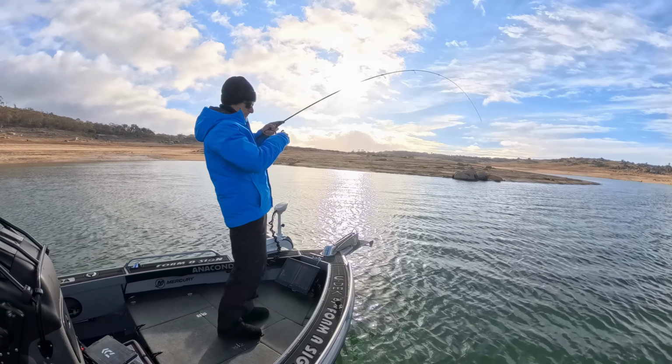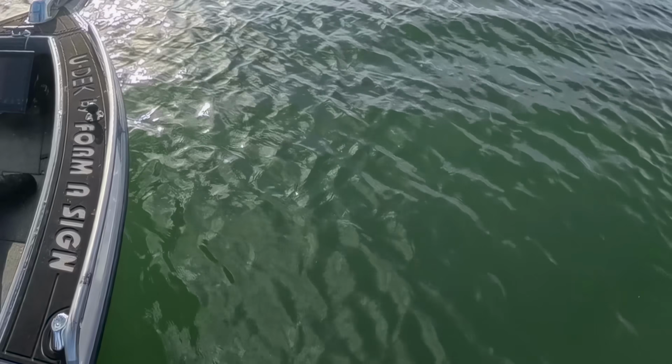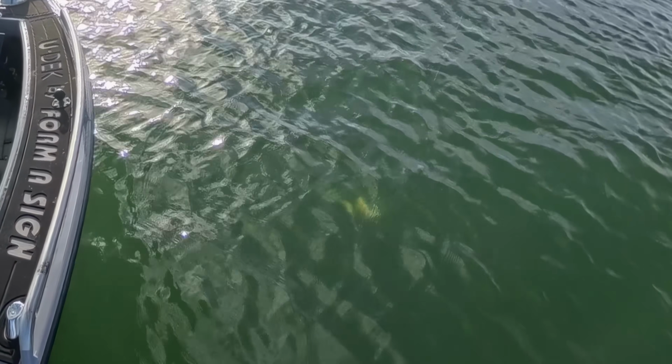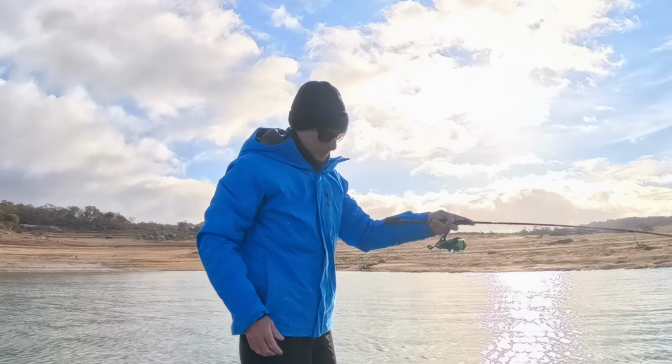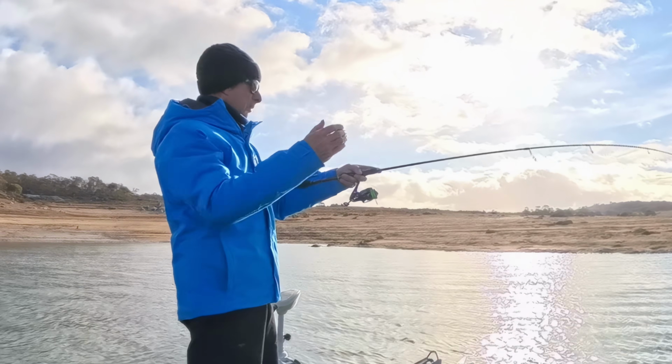Got ya. Oh, that's a nice fish too. And all I did was fish all the way down into that back bay and did not get a bite